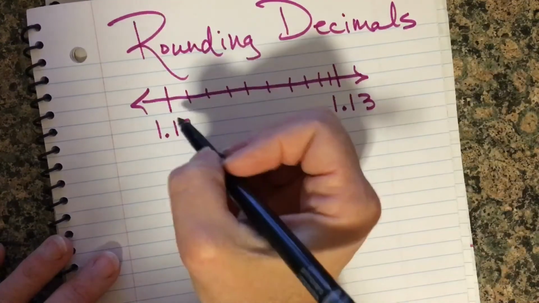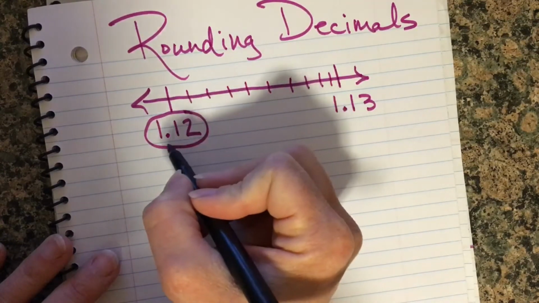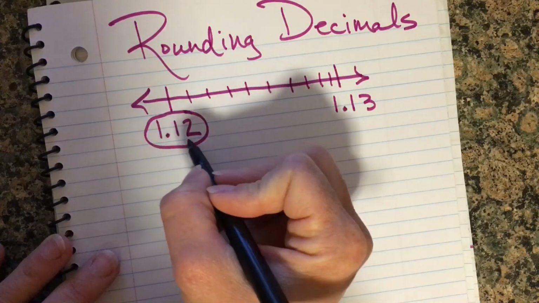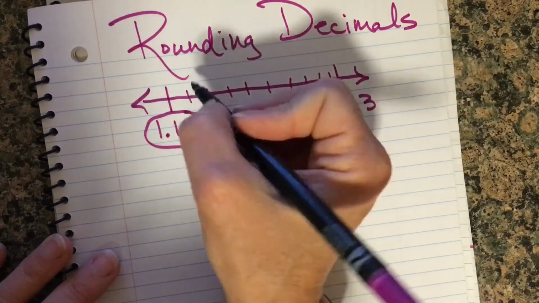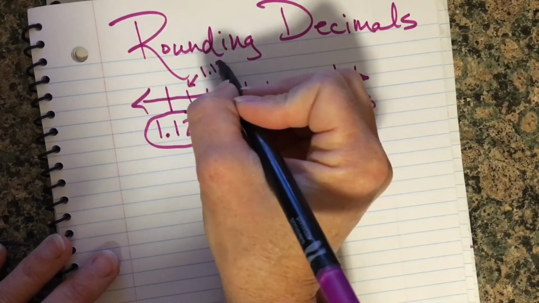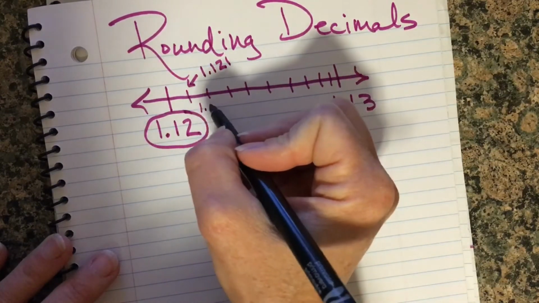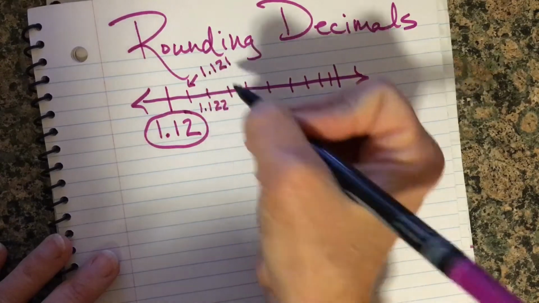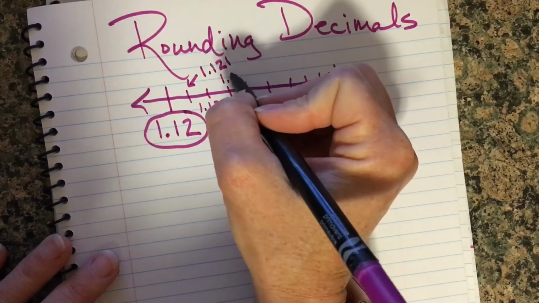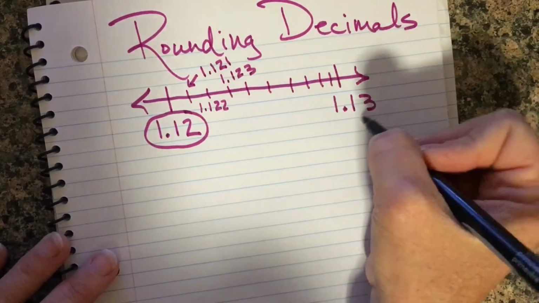So when you have a number line and it's showing a whole number like 1 and 12 hundredths, this would be here 1 and 121 thousandths. Then 1 and 122 thousandths, 1 and 123 thousandths, and so on until you get to